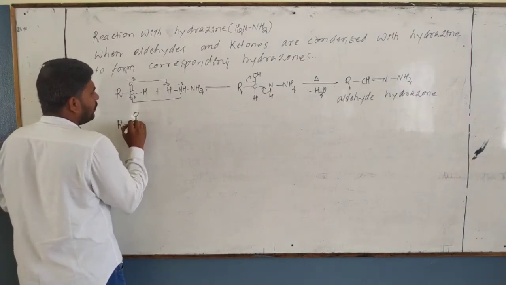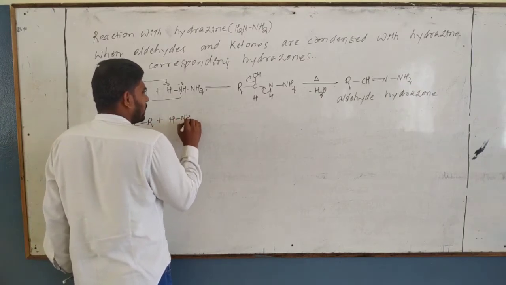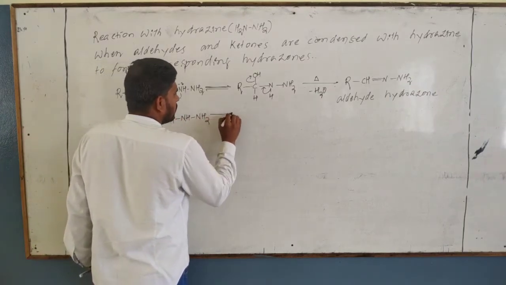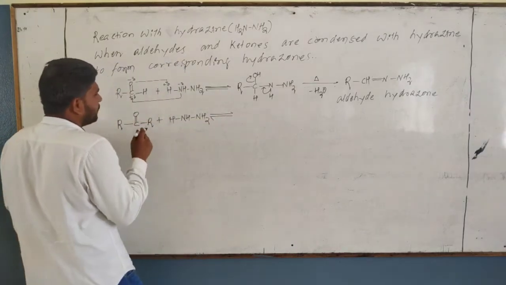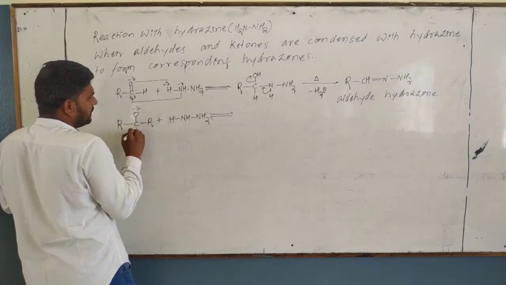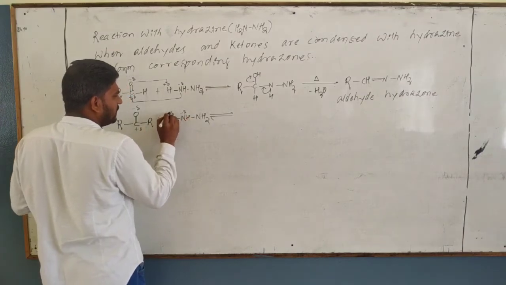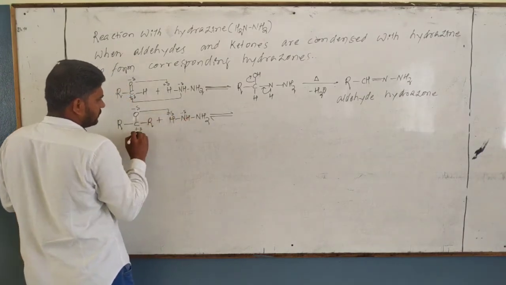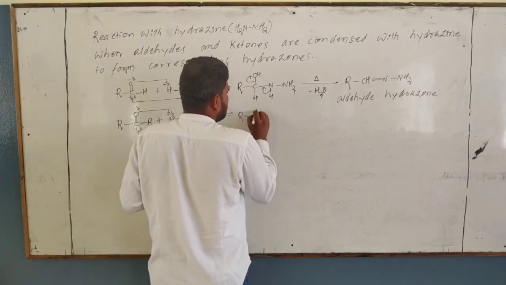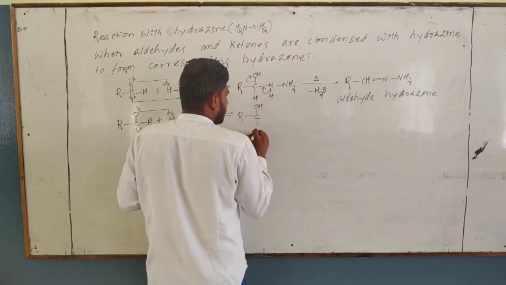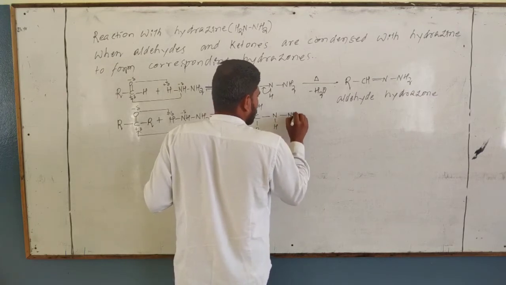R C double bond O R. Ketone you can. I have a ketone now. Write down the product. Same. What is the product? Oxygen carries negative, carbon carries what? Positive. Over here, nitrogen is more electronegative, hydrogen carries what? Positive. Same addition takes place. Okay. R C O H R NH NH2.